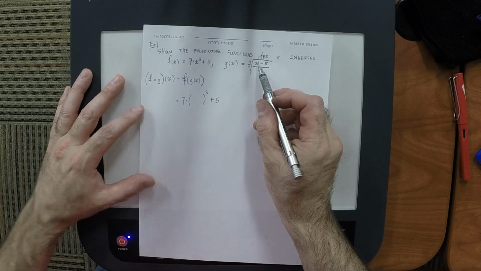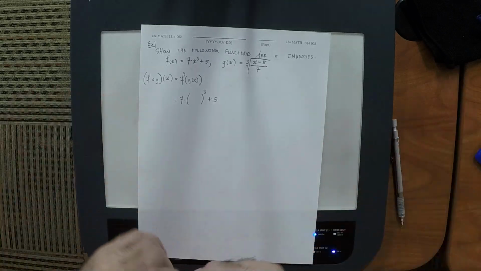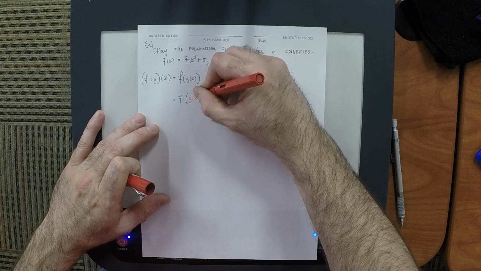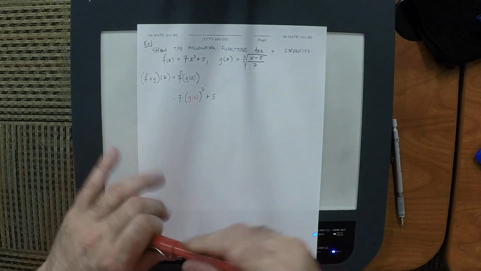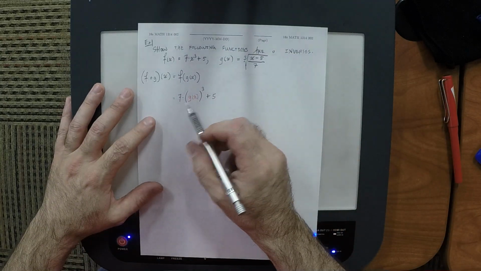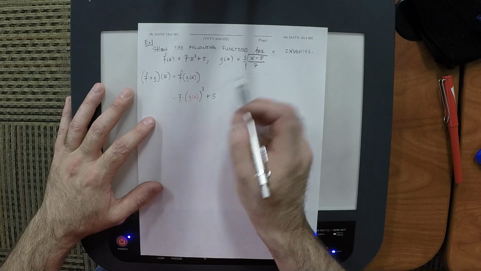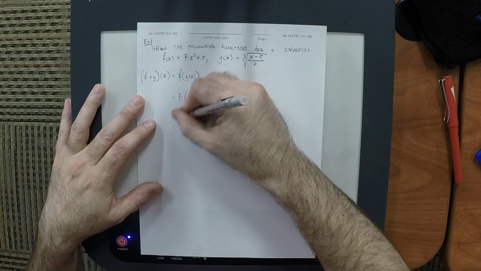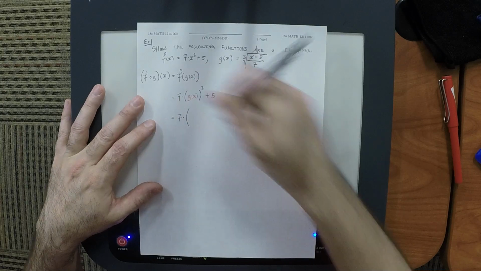I could write all that right now, but I find that it works better to provide an intermediate. Okay, so I did that, and now I'll replace g of x with what it does. So this will be 7 multiplied by